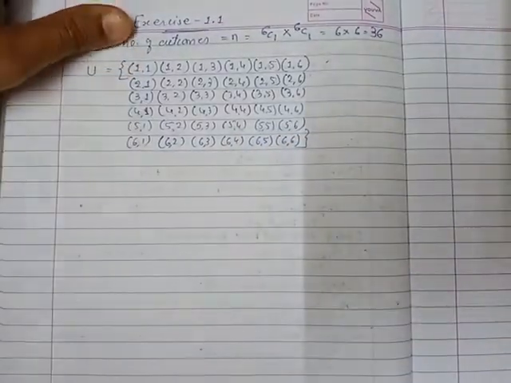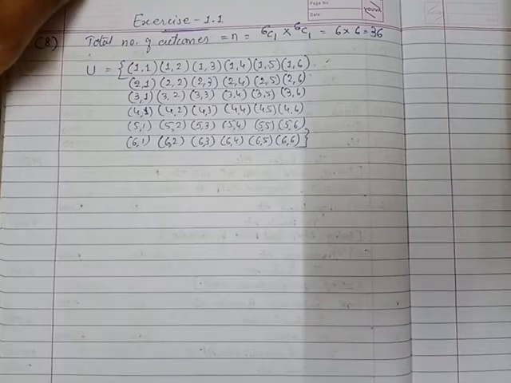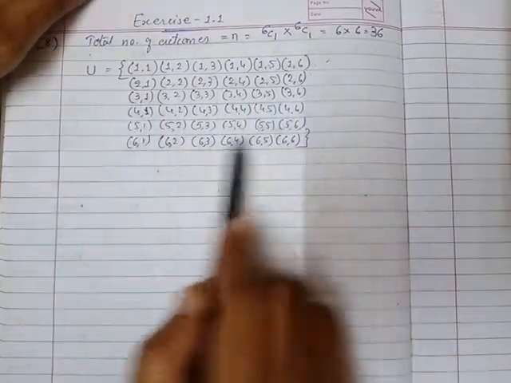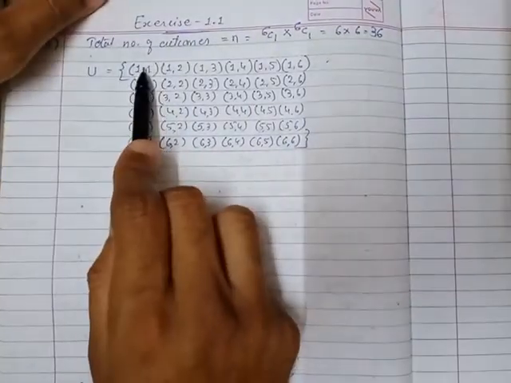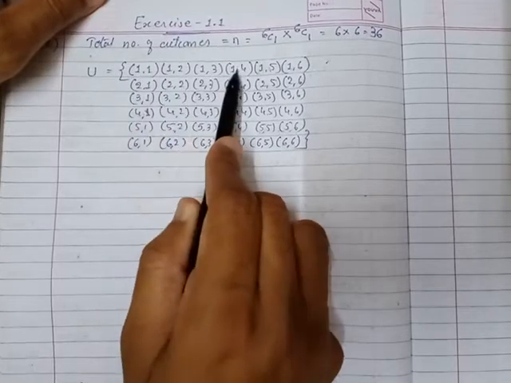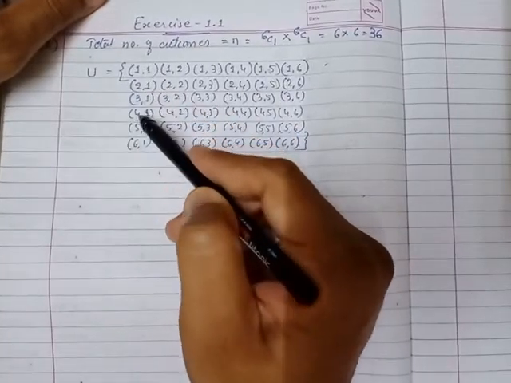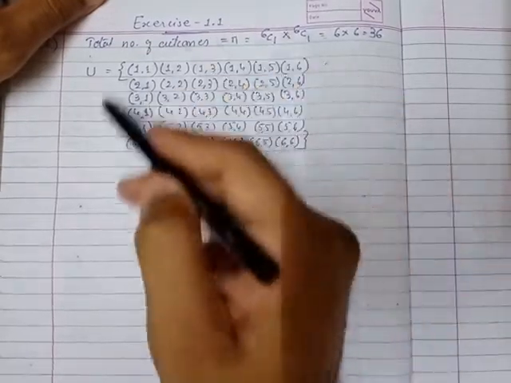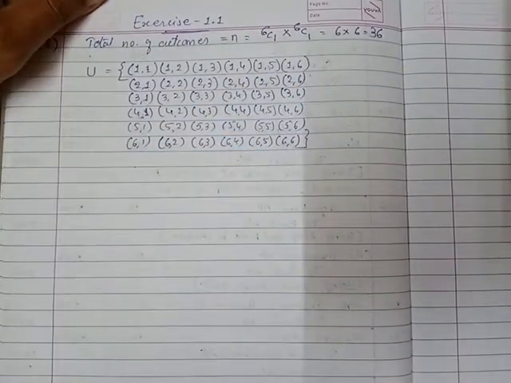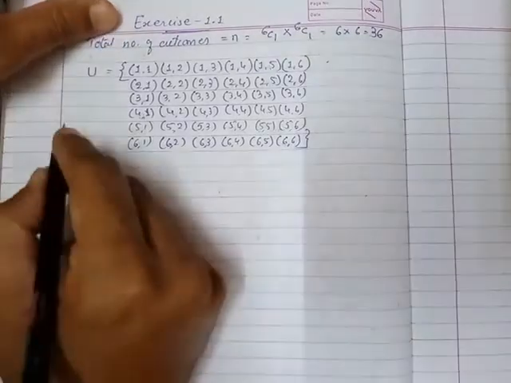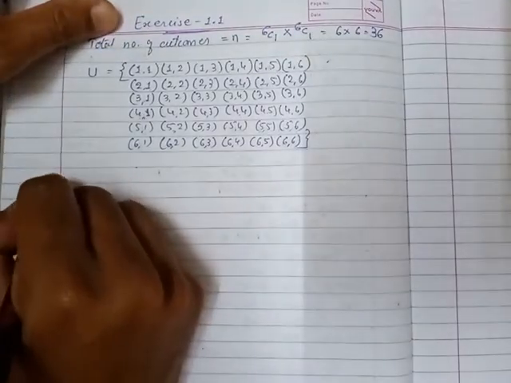That is your sample space of throwing two dice simultaneously, and you can check it. There are 6 outcomes in one row: 1 2 3 4 5 and 6. And how many rows do we have? 1 2 3 4 5 and 6. 6 sixes are 36 outcomes, right? Now we will separate out each and every event one by one.